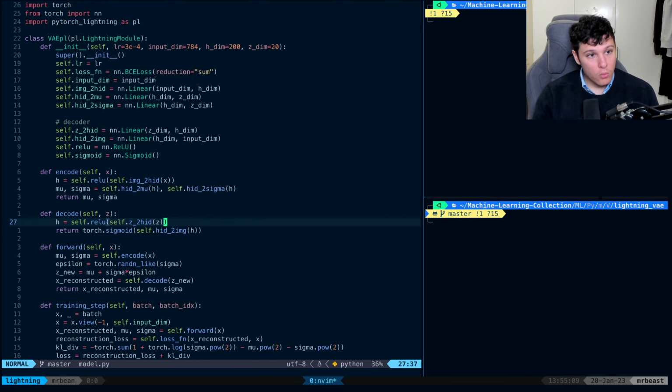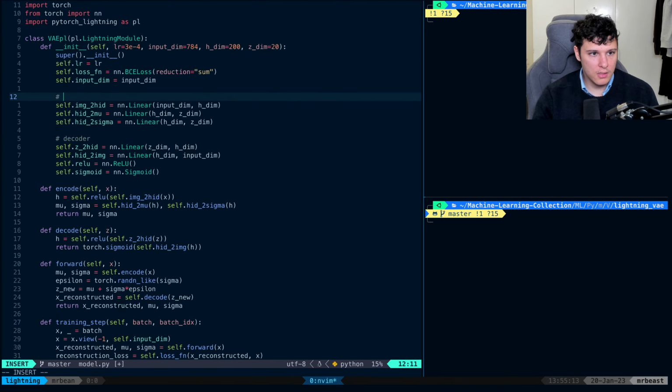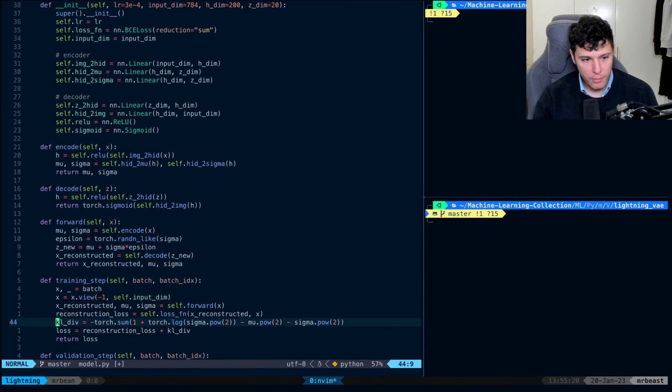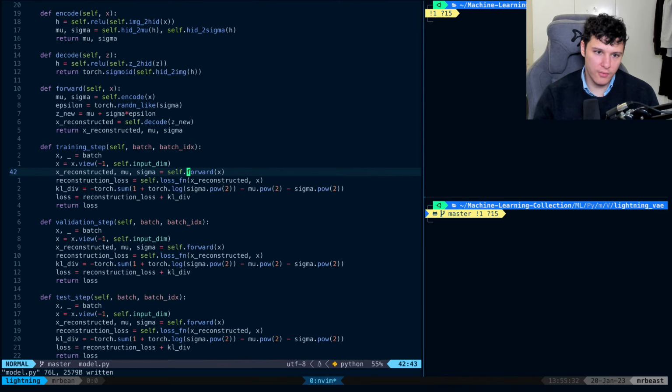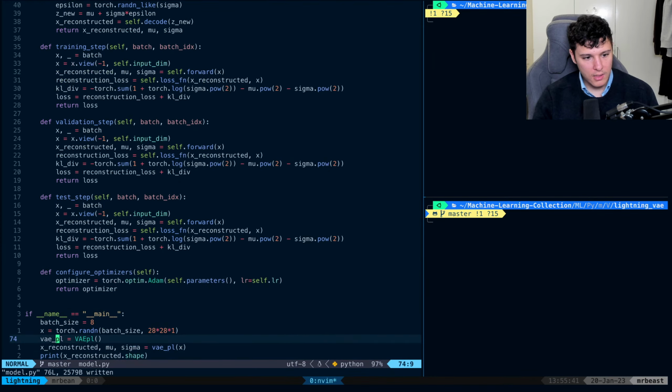All right, cool. So basically we converted the VAE encoder and decoder part. I guess this is the encoder and this is the decoder part. We set it up, encode, decode. We set up a forward step. This means that we can run on our training step, validation and test step. We can run it like this, where we do, okay, now we actually did self.forward. I think it's possible to just do self, but yeah, that works. So we do self.forward and we run it, and that's